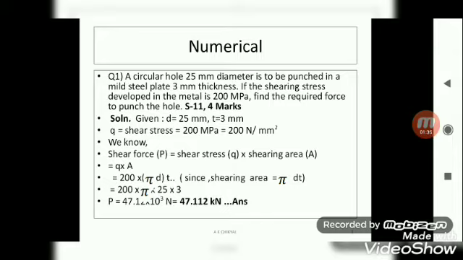Given diameter D 25 mm, thickness T 3 mm. Shear stress is equal to Q is equal to 200 MPa is equal to 200 Newton per mm square. We know shear force P is equal to shear stress Q into shearing area, Q into A, Q 200